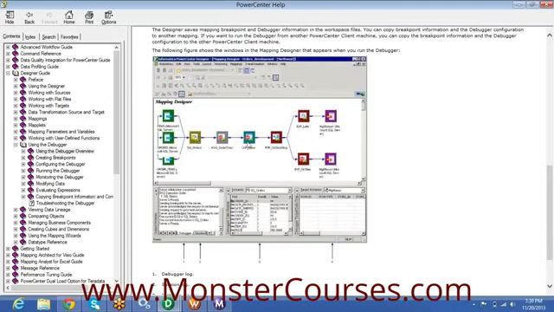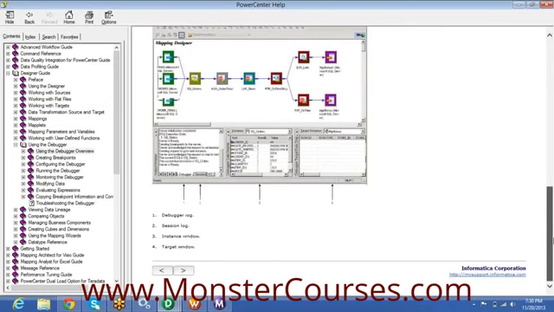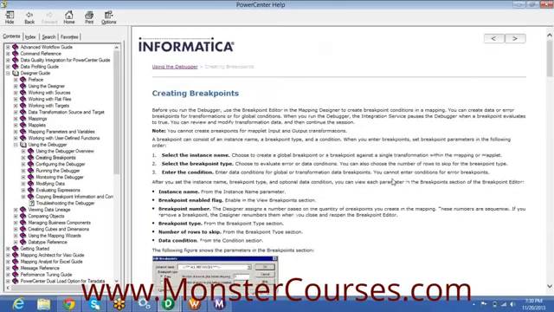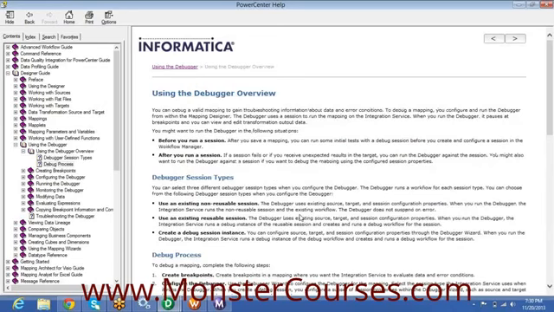These red symbols are all the breakpoints. If you have a breakpoint here, it will stop once the record is received by this particular aggregator transformation, and then it will display in the instances. Also, we can see the values, right? Yeah, we can see the values. You can see here the ports and all. What are the values here? Yeah, it's showing values there.